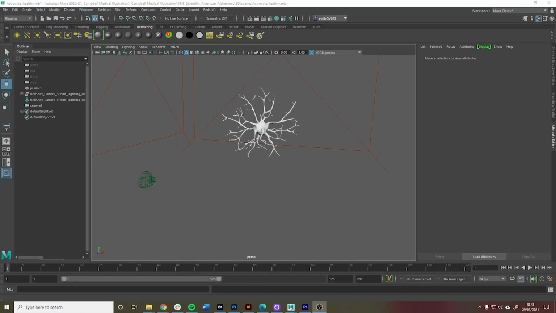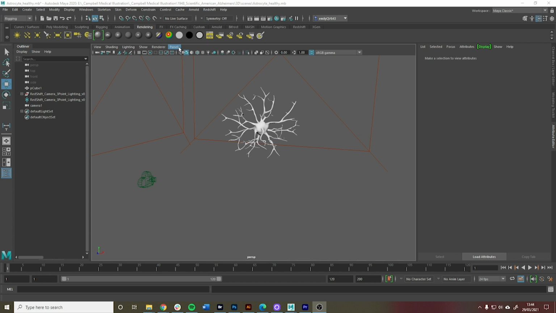Hello, I just wanted to share this tip on how to set up your camera in Maya to autofocus, so that if you're moving your camera around or your camera is animating around your scene, you can have it pinpointed to always be focused on a certain point of your object. There's a way that might be useful if you've got quite a busy scene that I'll show you quickly,